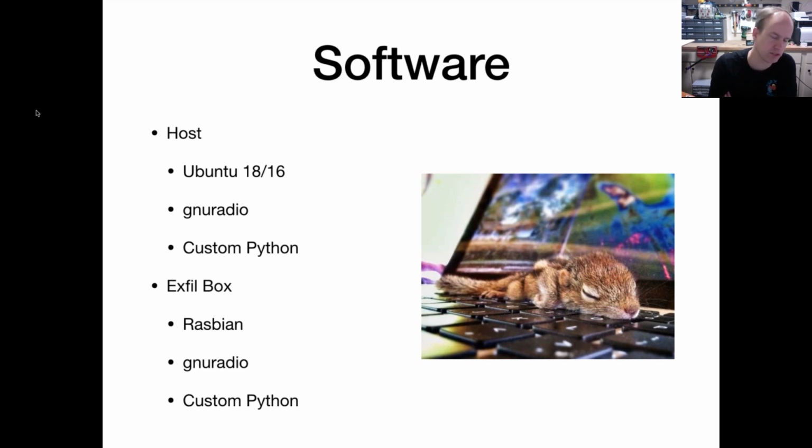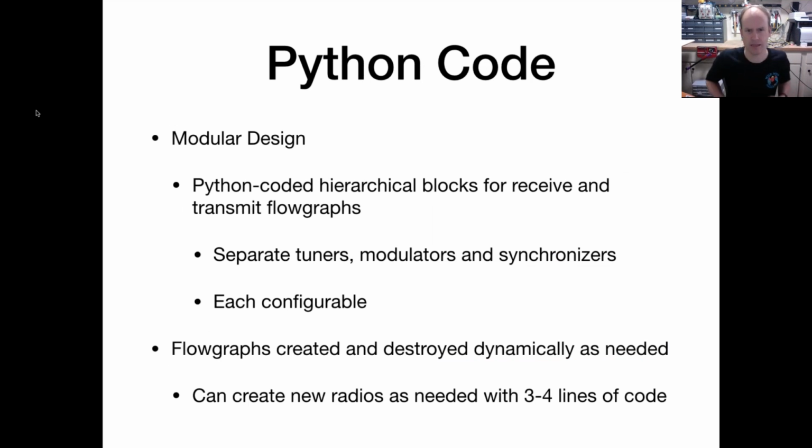And I've also got GNU Radio installed on the Raspberry Pi, as well as some more custom Python there. So the real key on building the Python code, just like almost any code, is to make sure the design is as modular as possible. And if you haven't done object-oriented programming in Python, it might look a little bit odd at first, or if you haven't done object-oriented programming at all, I would say that it's a lot easier to figure out object-oriented code in Python than it is in C++.